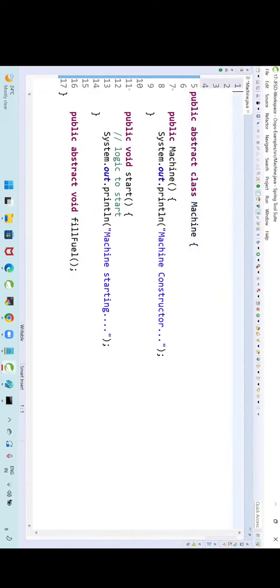An abstract class can have a constructor, but still you cannot create the object. So subclasses will be available. You can extend the properties from the abstract class. When you create the object for the subclass, then the superclass constructor will be executed. Able to follow me? Let me do one thing. Abstract class